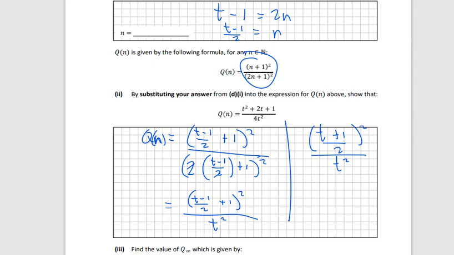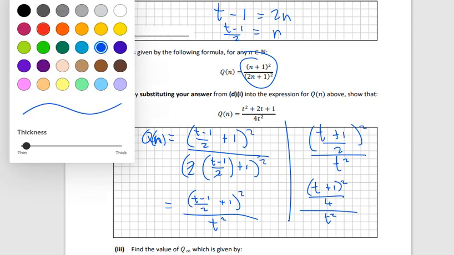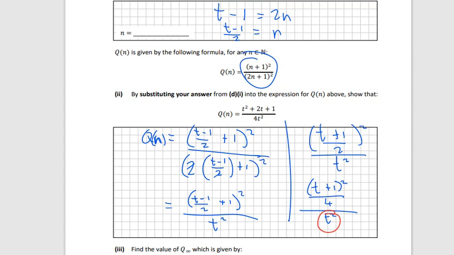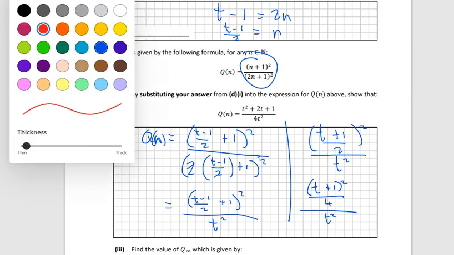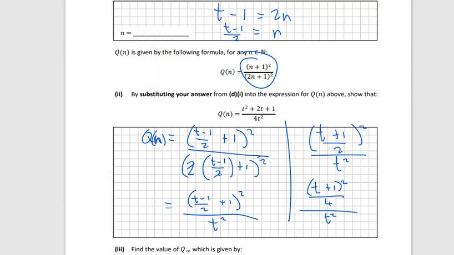Now, if I square everything on the top, I just get (t plus 1) squared over 4, because 2 squared is 4, all over t squared. And then I'm going to take the t squared that's on the bottom, and I'm going to divide by it. When you divide fractions, you flip the second one upside down and multiply. So that gives me,